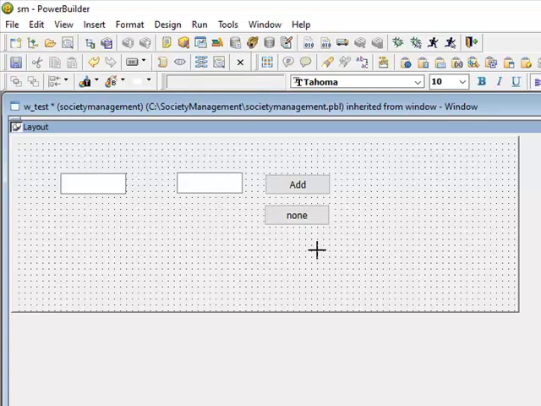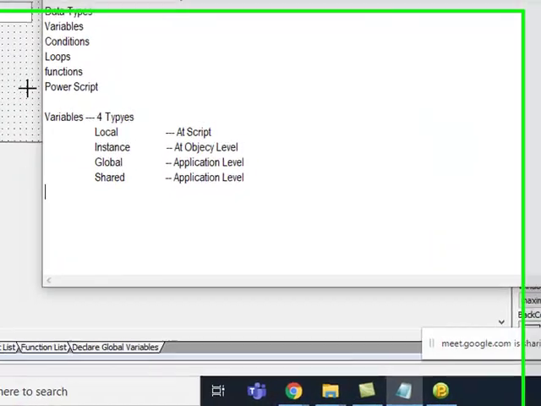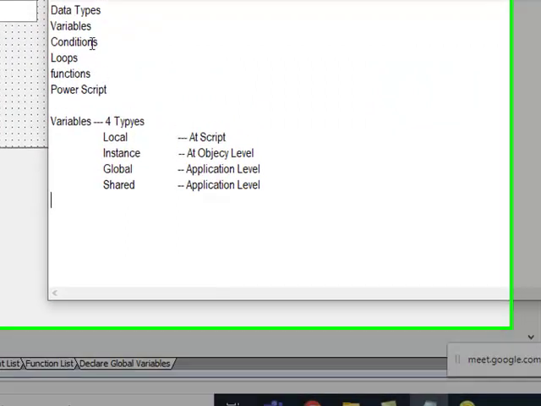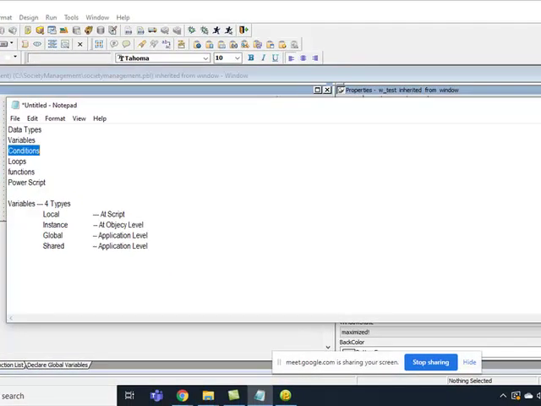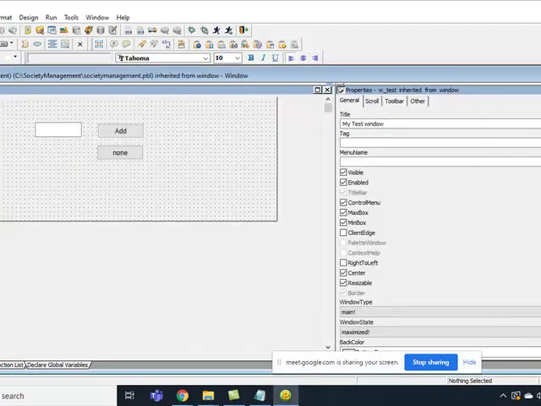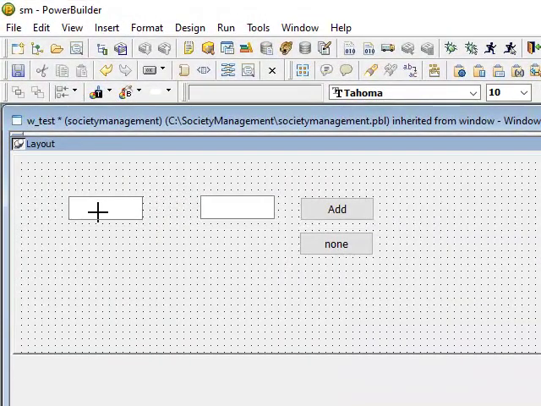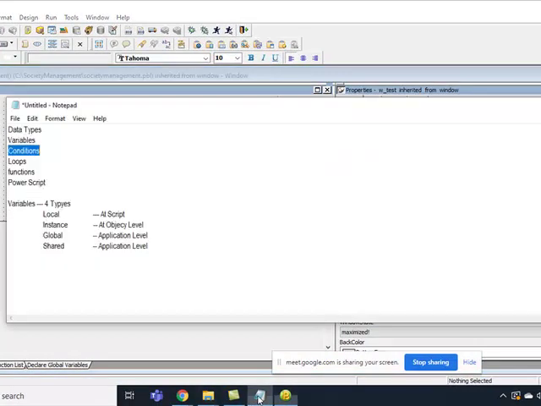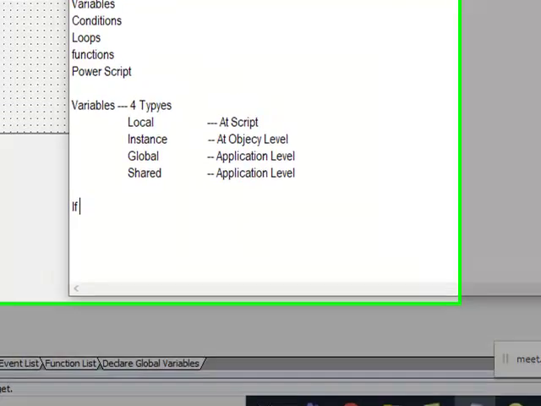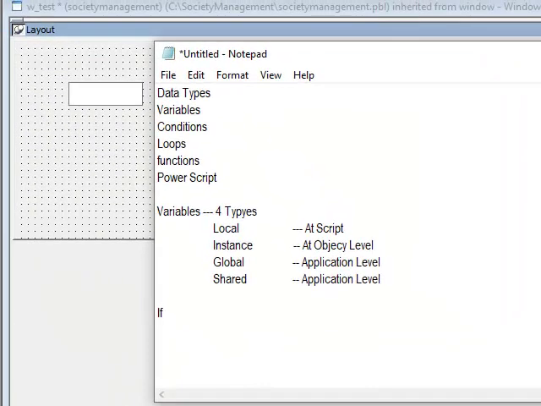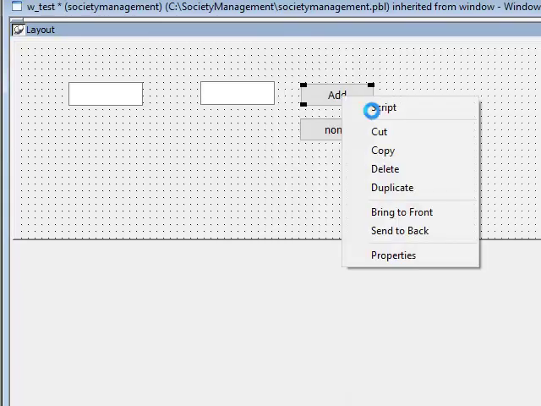Now what we are going to do is learn conditions. Okay, see, a condition is very simple, right? If... or let me show you how we can maintain the condition.